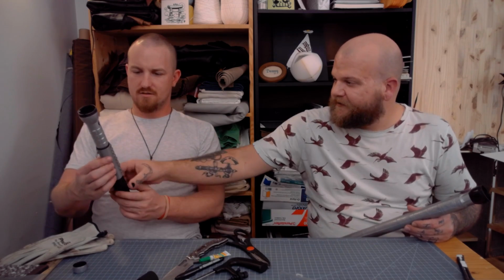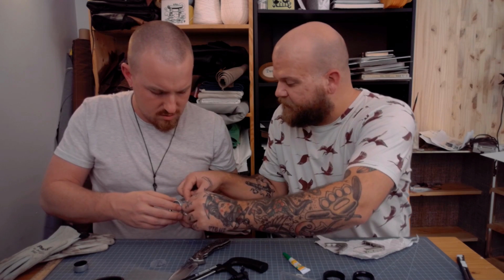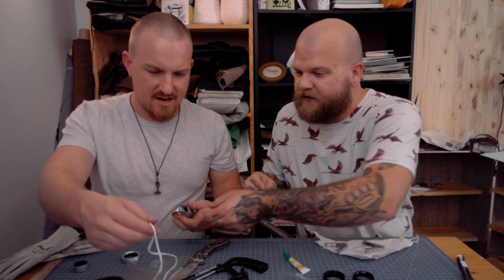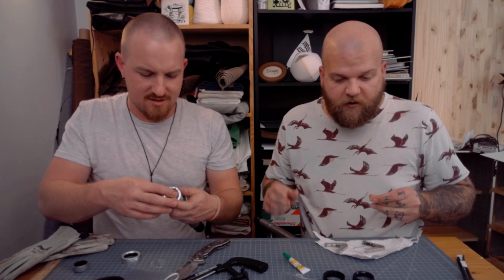I really like the look of this silver against that black. Look at it from a distance. That looks like a legit prop lightsaber. If you had a small piece of tubing here to make it look like a throat, and this is a heat shield over it. Wire? Have wires run down? You could, or...